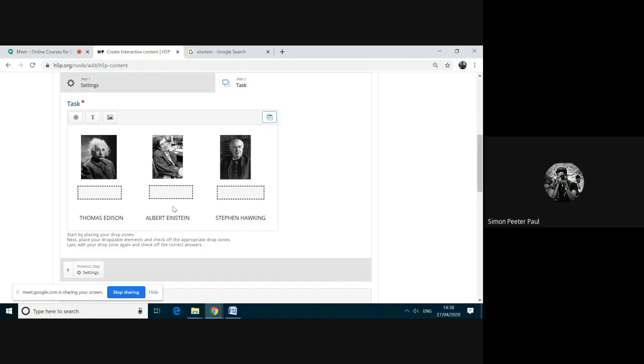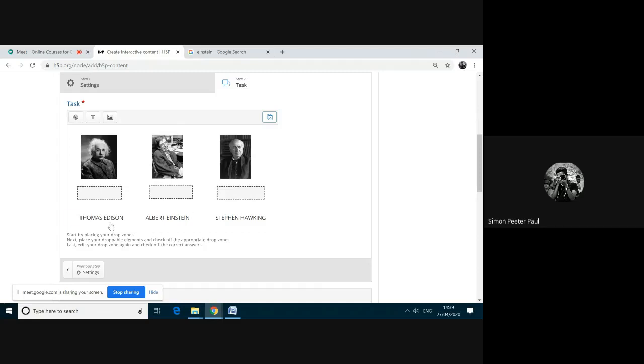The next thing we are going to do is make this Thomas Edison button able to be fixed on any drop zone. Because when the students are moving this Edison button, they can drop it on any zone. If I enabled it so that Thomas Edison can be fixed only on this one, then the students could easily do that.